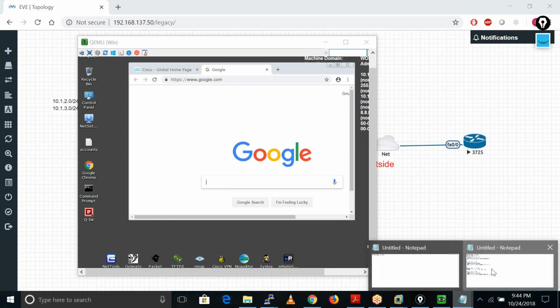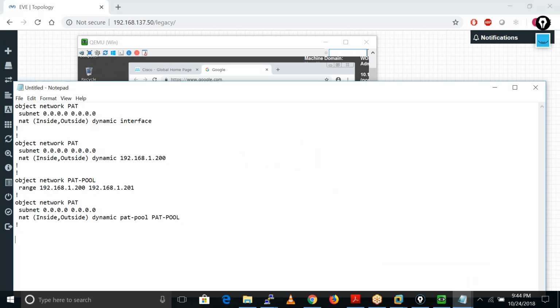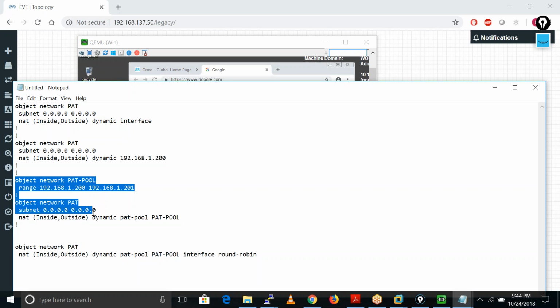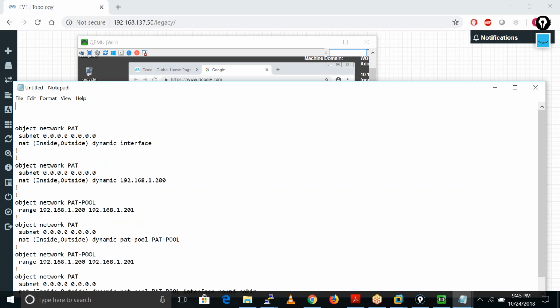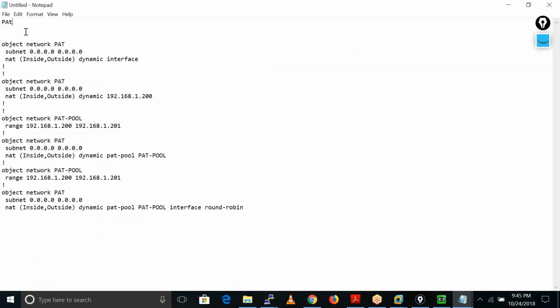So these are the commands here to configure the PAT pool.